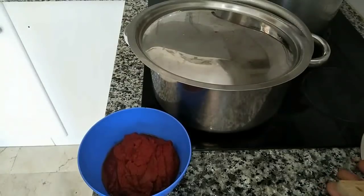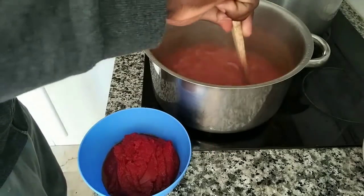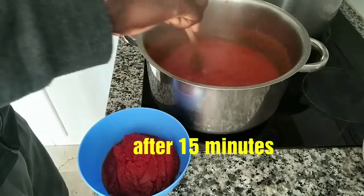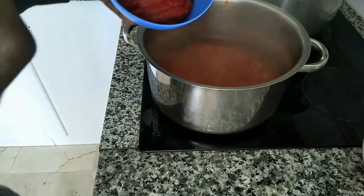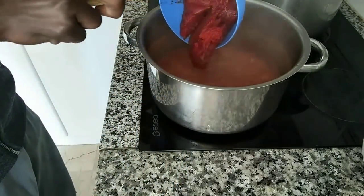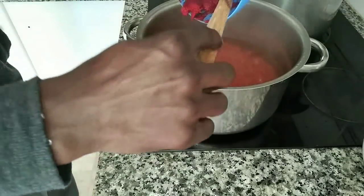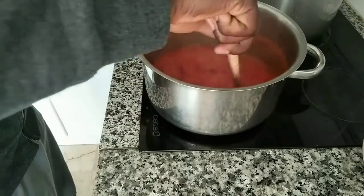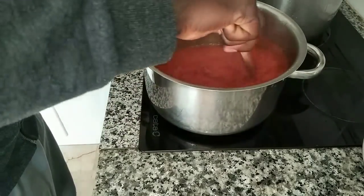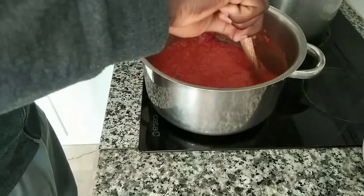To get the original chicken taste stew, you've got to add your fresh tomatoes. So after letting the fresh tomato cook for about 15 minutes, we are going to add the tomato paste to it. After it, cover it to cook for about 3 minutes. After stirring it,